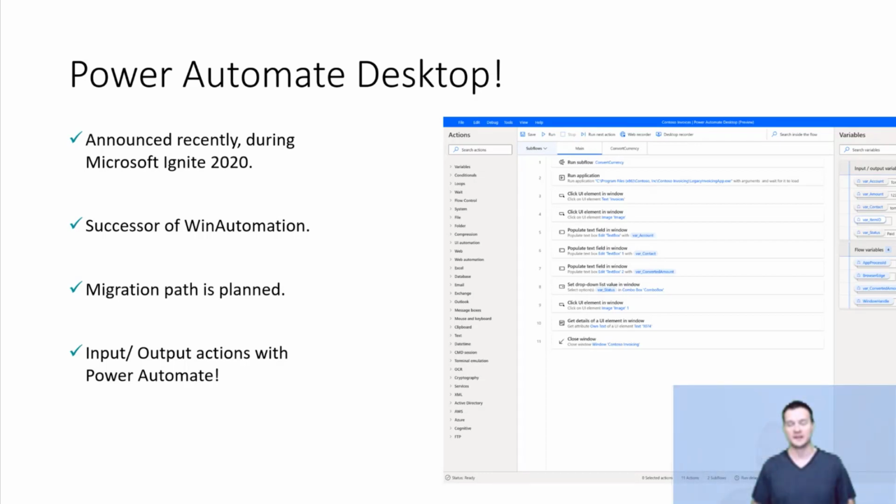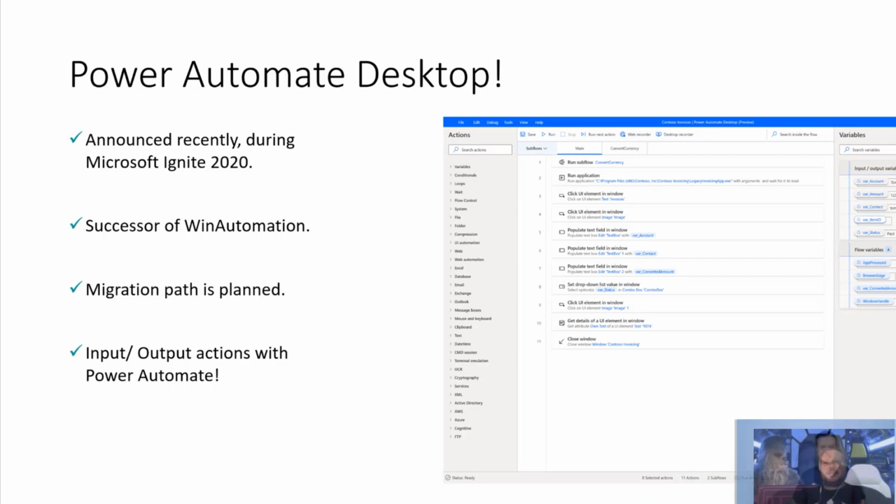I was working on RPA in a Day labs as well during the summertime, and I didn't know anything about Power Automate Desktop back then. We were just doing all these labs around Win Automation, UI flows and Selenium. Then just 2 weeks before Ignite, it was, hey, we need to update these labs, make changes and switch over to Power Automate Desktop. I bet there were people who knew about it much earlier, but we just acknowledged it then.